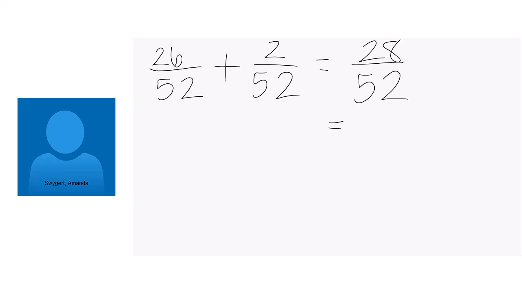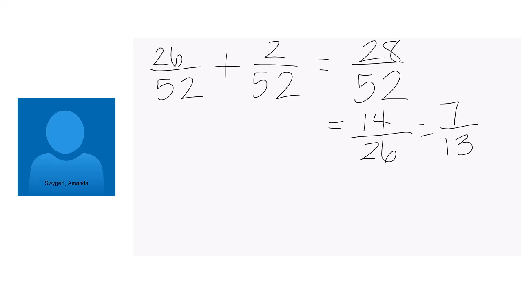I would say that both of these are even. So I'm just going to make it easy and start dividing by 2. If you know something bigger, you can do it. It'll be quicker. But I say don't bother wasting your time trying to come up with something. Just keep doing this. So that would be 14 out of 26. They're both still even, so I'm going to go again. 14 divided by 2 is 7, and 26 divided by 2 is 13. So then I would get 7 out of 13.